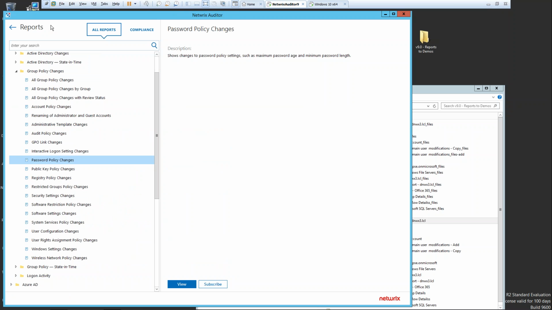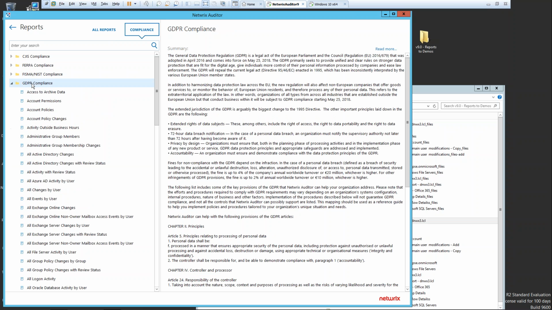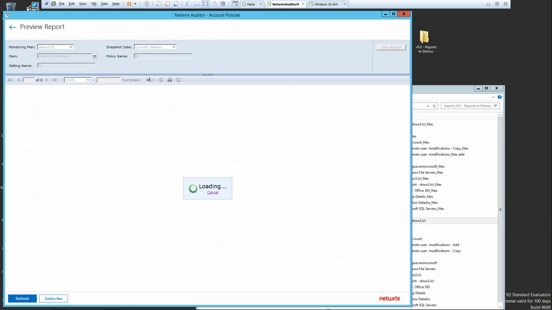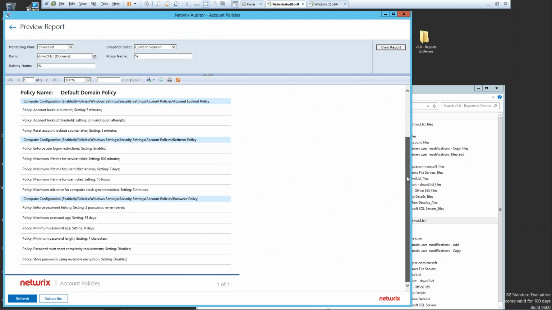But let's just say you're in the middle of a discussion and suddenly you get a knock on your door. Hopefully you have a door that they can knock on. And it's a compliance officer. And maybe you're from the European sector, or you're doing business with European customers, and you need to be able to go ahead and deal with this compliance officer who wants to find out how you're set up for, say, account policies, for controlling how users go ahead and log on to the environment. Then basically you can come in here and double click on the account policies report and then see exactly how you're set up and expose that to the